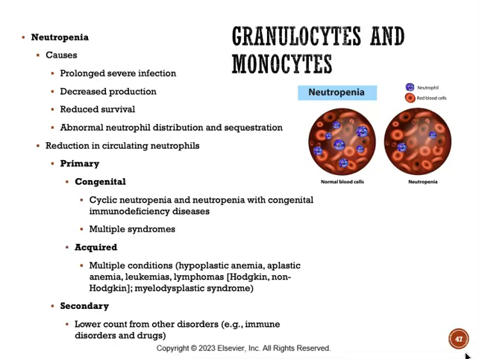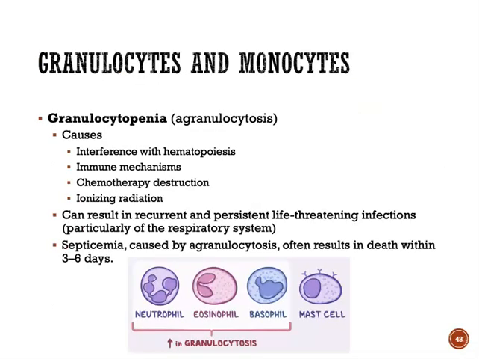So people that are suffering from any of these neutropenias need to have strict hand hygiene and possibly protective isolation and close monitoring for fever and signs of infection. When we have granulocytopenia, which is also known as agranulocytosis, so think about our granulocytes, those basophils, eosinophils, neutrophils, they're at low amounts, which means that we are probably going to have higher amounts in comparison of our monocytes and lymphocytes.